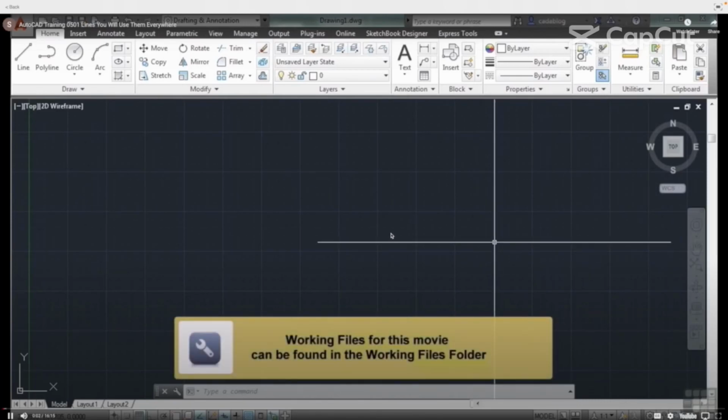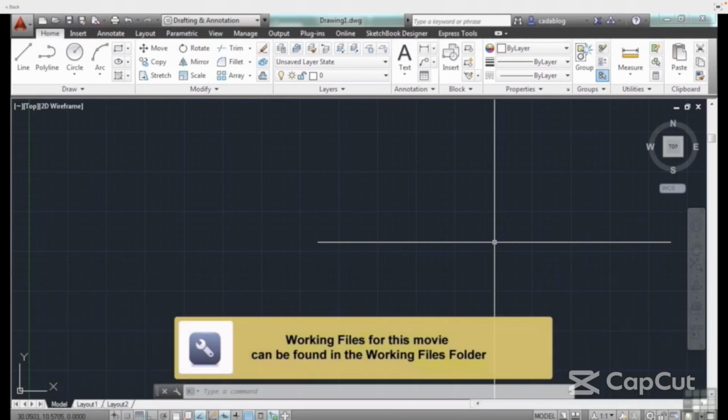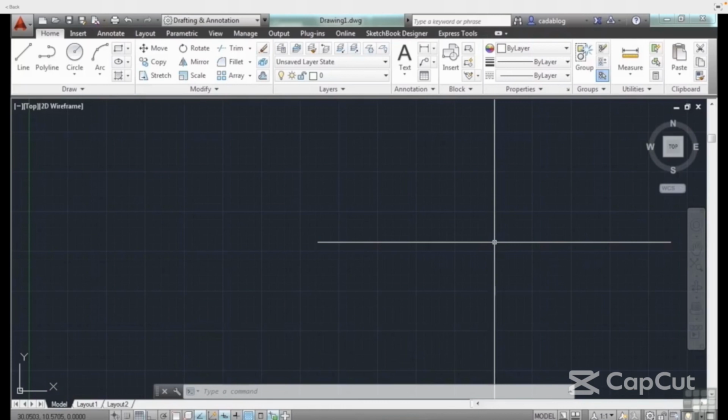We've spent a lot of time exploring the interface of AutoCAD in the previous chapters and sections. I did this because I wanted to make sure that you knew how to work in AutoCAD and that you were comfortable navigating it. But enough is enough. Let's learn how to draw. That's why we're here. The focus of this section and the next few chapters will be on how to draw